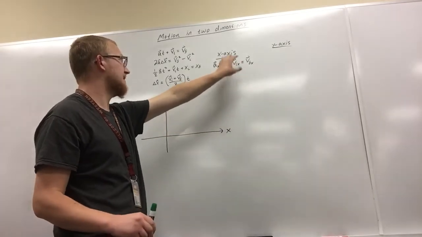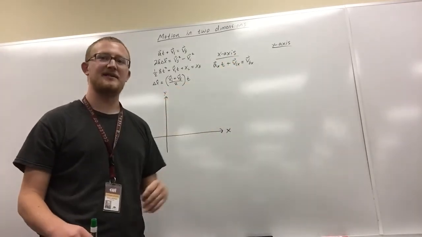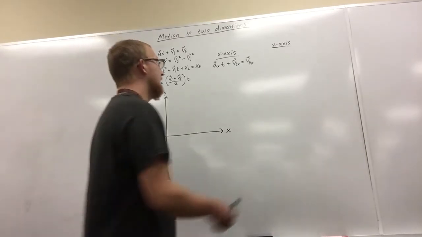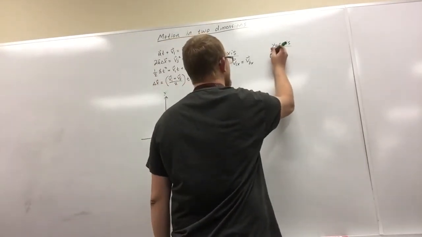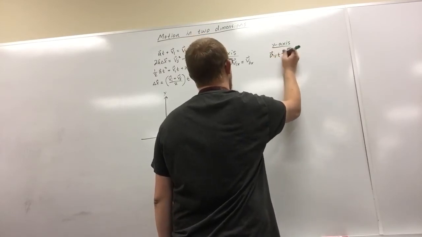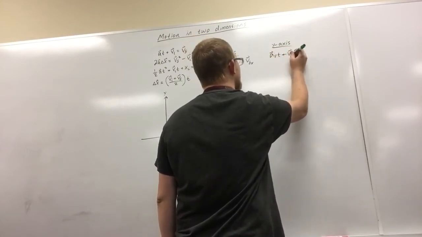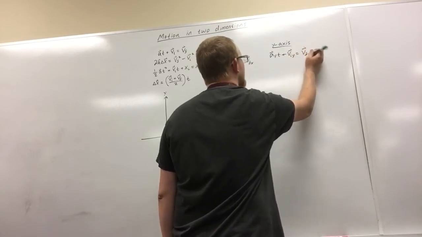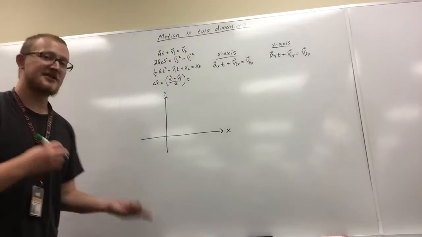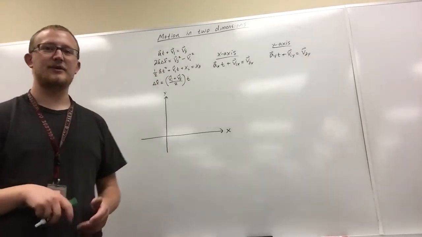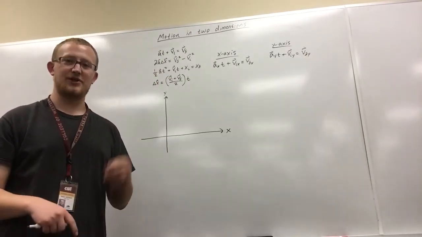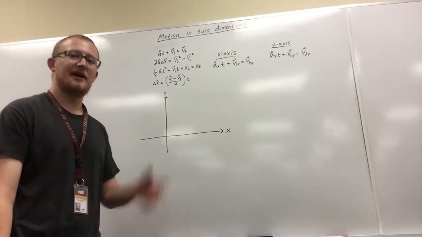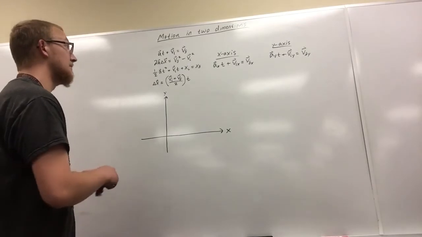I like to say vi sub x. It reminds me that I should not be adding y components to that. And if I write it for the y-axis, this would be a sub y times time plus vi sub y equals vf sub y. This is just to keep things straight in our head. Notation's really important. A good notation will set you up for good homeworks, good test scores, just keeping things straight